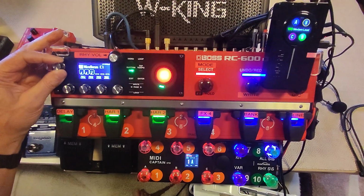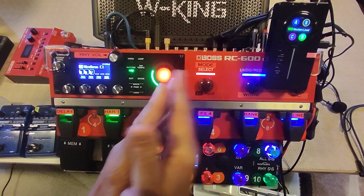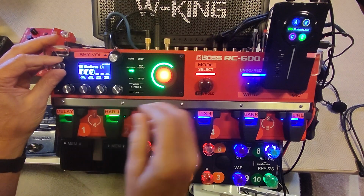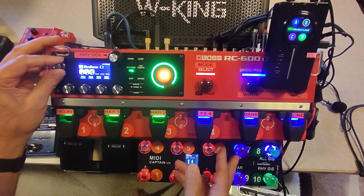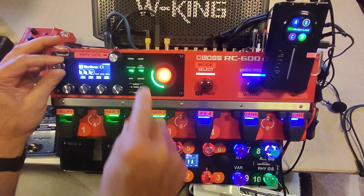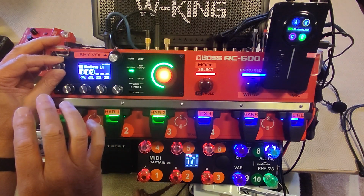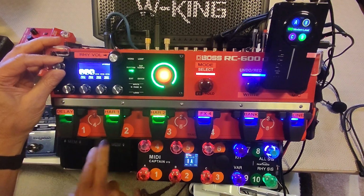So when you assign to the memory, you can change all the parameters. So you can have a different drum kit. You can have different variations, and you can have different tempos for each part if you want, which is really convenient. So if I change up here again,